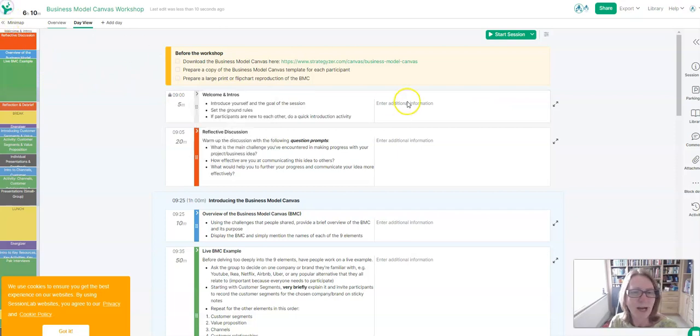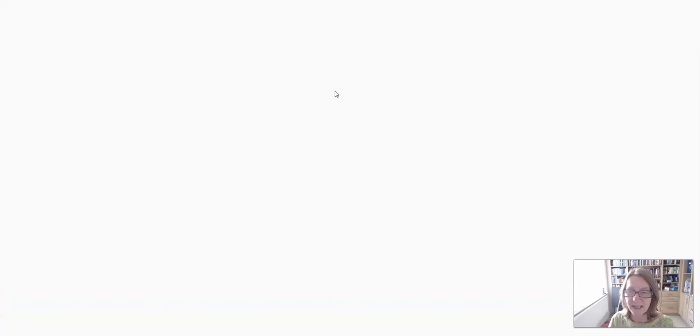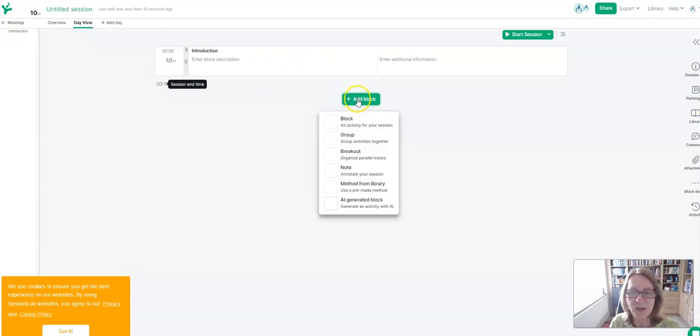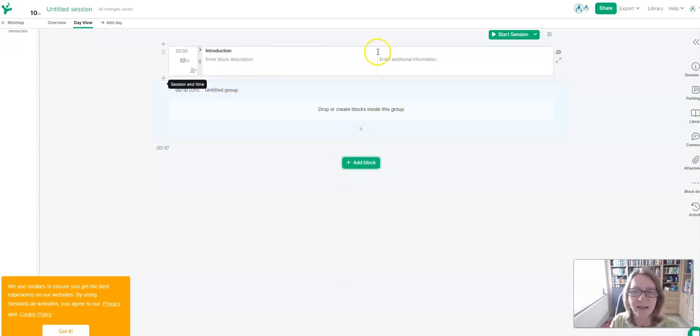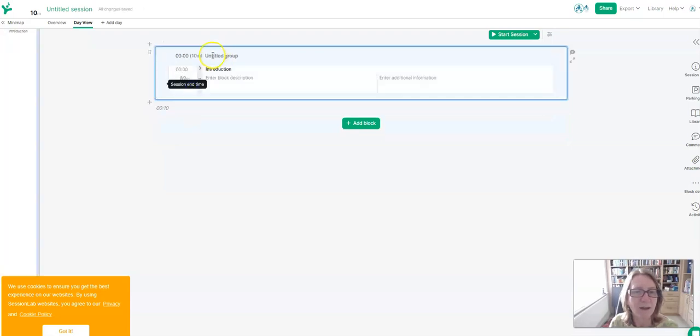So let's just go back. If I want to create a new session, let's create a blank session this time. The thing that I love to do with this is that you can add groups of activities and then you can add blocks. We design training, don't we? So there'll be a section, for example, on delegation, but you might be covering 3 or 4 things in that. So you can have your group, which is delegation, and then your 3 or 4 blocks, and you can just drag them in. So if I put welcome in here,